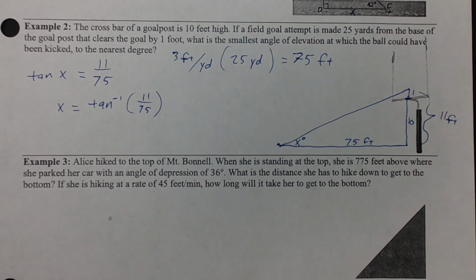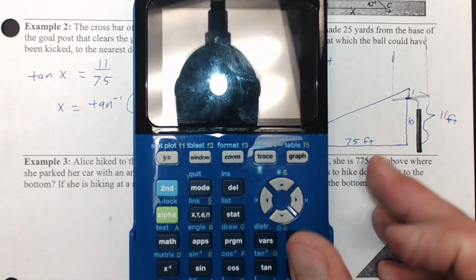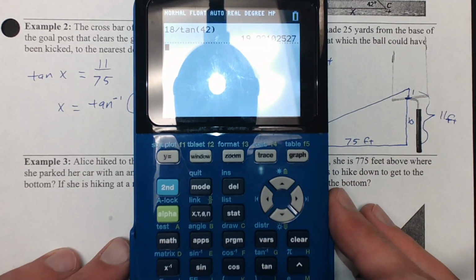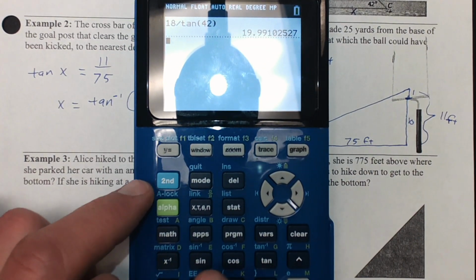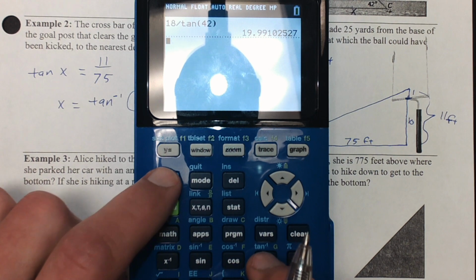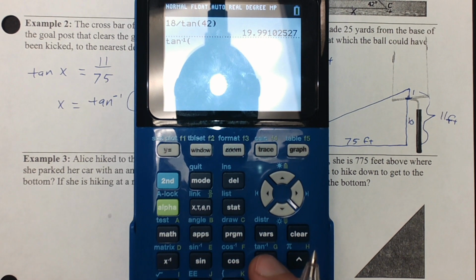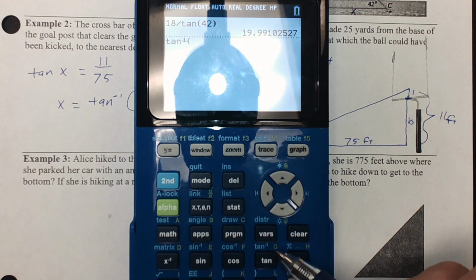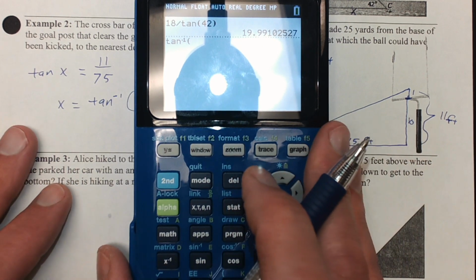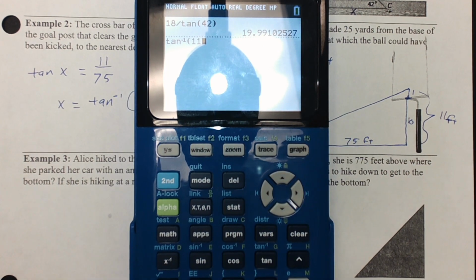So let me show you how to do that one on the calculator. You're just going to say inverse tangent. To do inverse tangent, that's the second on top of the tangent. It should say tan minus 1, which is really just the inverse tangent. The inverse tangent of 11 divided by 75 is equal to